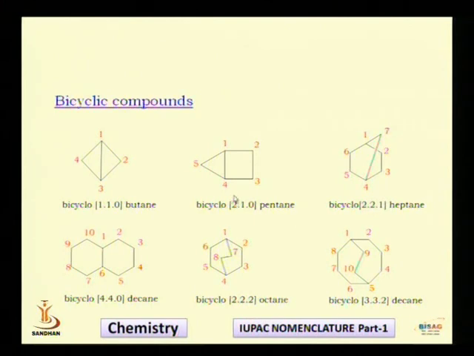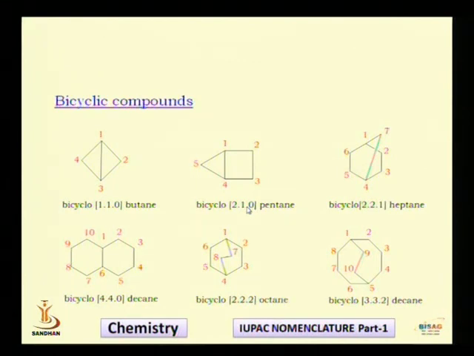Then what do we have to do? We have to write the carbon atoms present in the second half. So this is the second half, and you will notice that there is only one carbon in the second half. So that's why we will write 1. And finally we have to write the number of carbon atoms on this bridge, but there is no carbon atom on this bridge, so we will write 0. So we have completed the numbers in the square bracket, and it is 2,1,0.